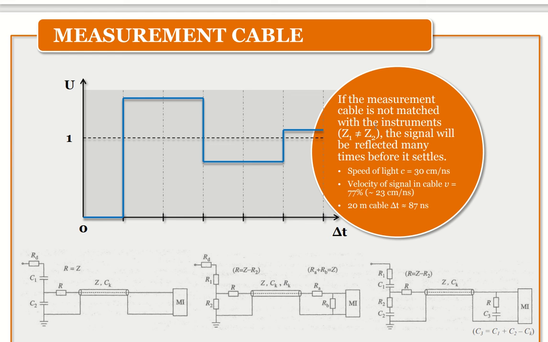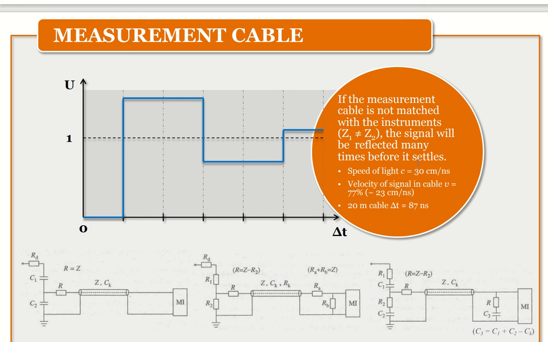So according to this, if Z1 is not equal to Z2, the signal will be reflected many times before it settles. It means the actual signal that can go through the cable will be lost. Okay, so the speed of light, they have a value of speed of light,